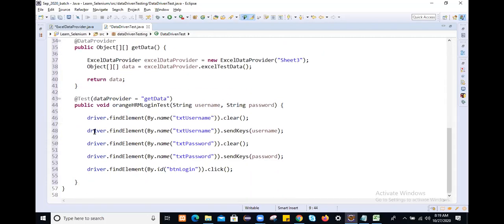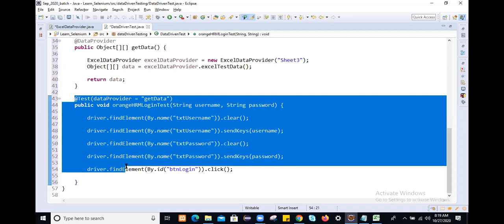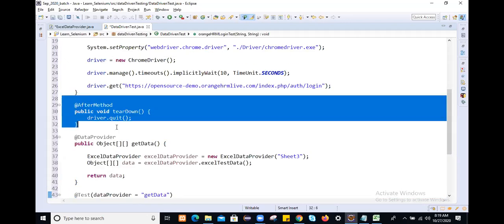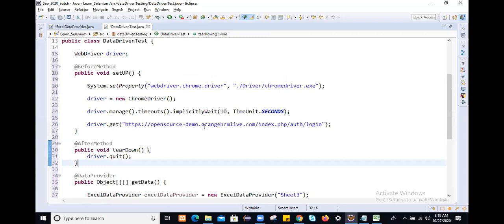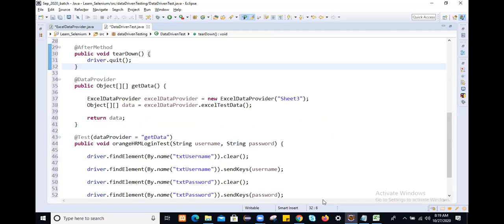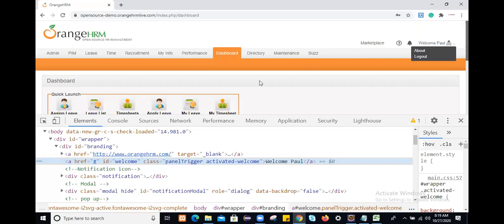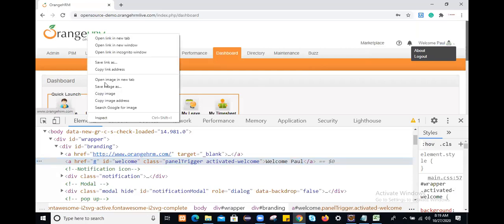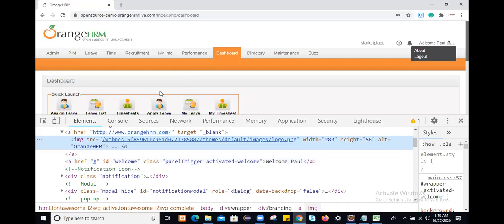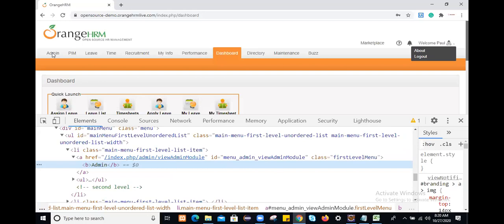So you see, once you logged in successfully, it will still close the browser. If you didn't log in successfully, we are not doing any validation here, whether we are able to log in to the application or not. But if you want to do validation, just see this OrangeHRM, or this Admin. You can see here Admin, whereas the title is the same for login and here also. So once you have logged in to the application, you should be able to see this Admin menu, this web element.